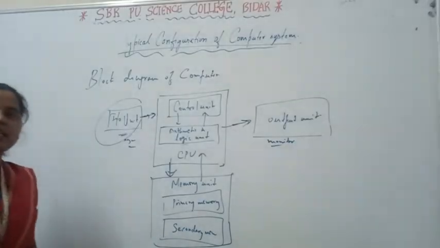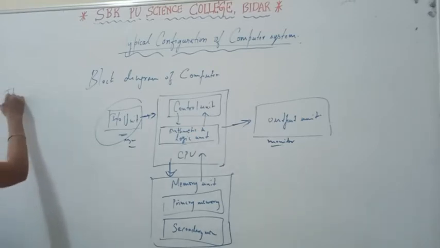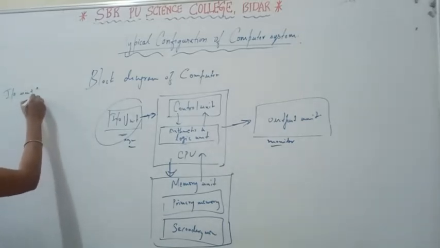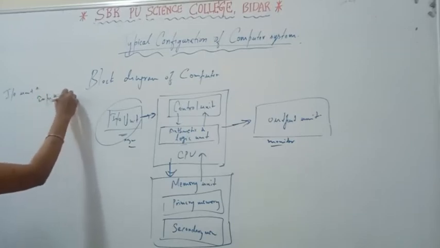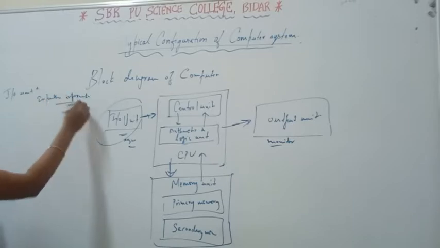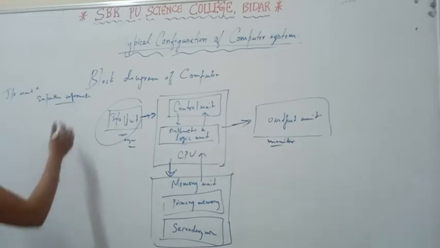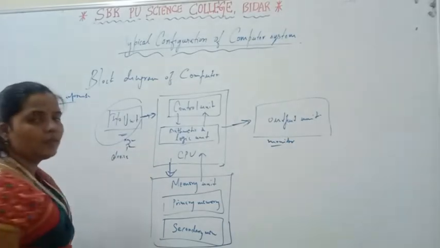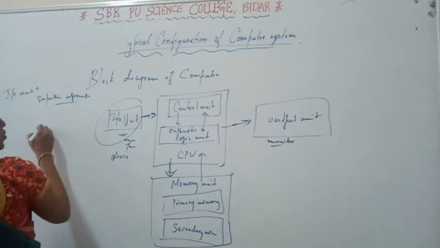Okay. Now what is an input unit? So input unit मतलब क्या होता है? Whatever information you are going to give, inputting the information is done by this input unit. Okay. So examples of input unit devices are, as I already said, keyboard, mouse. So all these are input unit devices.